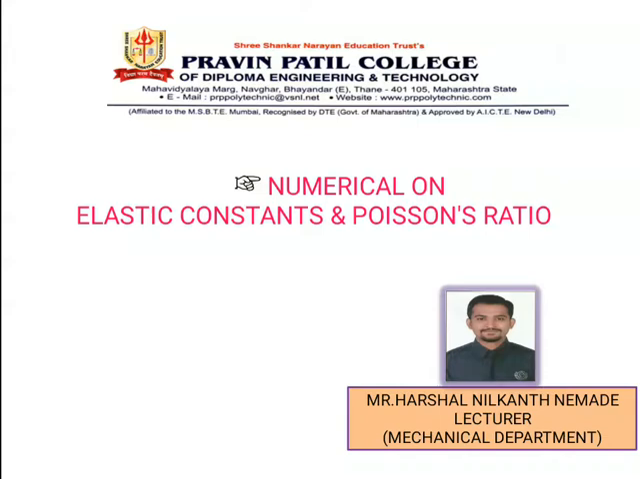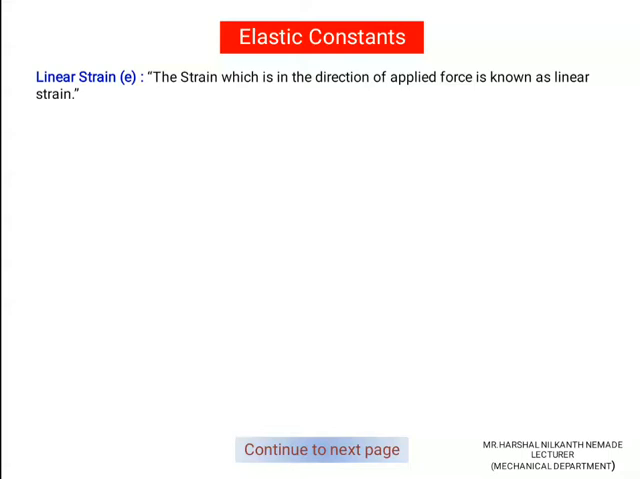Today's topic is numerical on elastic constant and Poisson's ratio. So what is elastic constant? First, linear strain. The strain which is in the direction of applied force is known as linear strain. Okay, linear strain means what? The strain which is in the direction of applied force is known as linear strain. It is denoted by